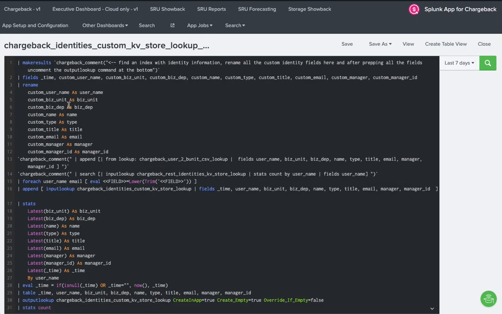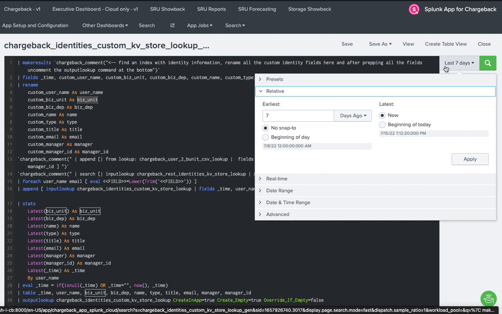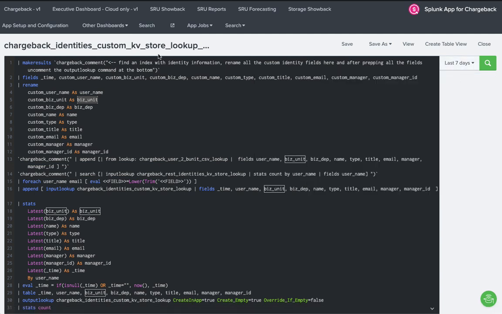basically map whatever data set you have, whether it's coming from ServiceNow, Remedy, etc., or even a lookup table. Whatever the fields that you have in that data set, normalize them to the app convention. So the username is called user_name, the business unit is business_unit, etc. Do that, set your time selector here to an appropriate time, save the job, and that's the only thing you